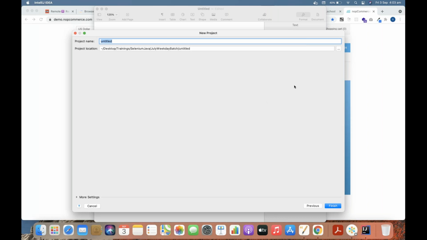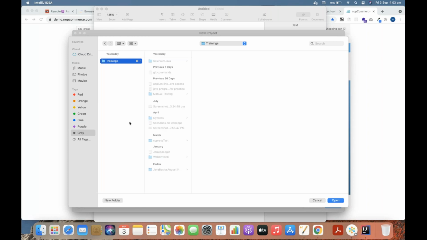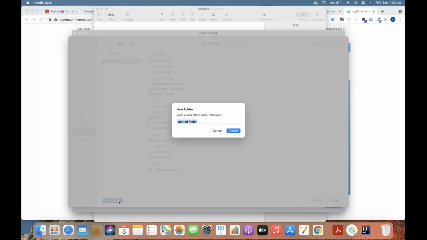So you have to choose the location where you want to store this particular project. Just click on these three dots. You can open the path where you want to choose the location. So I'm going to some location. Here I am creating a new folder. I just give today's date.